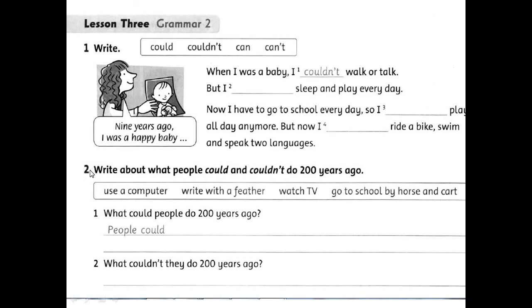Okay, very good. Now let's move to part 2. I want you to write about what people could and couldn't do 200 years ago. So you can imagine what people could and couldn't do 200 years ago. You can use the words in the box here. For example, what could people do 200 years ago? People could write with a feather, or that's up to you, you can choose. So you just imagine. Okay, next, after that,